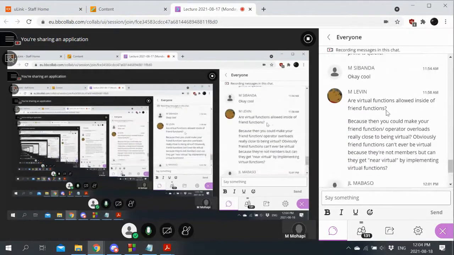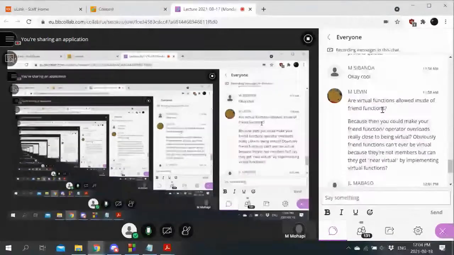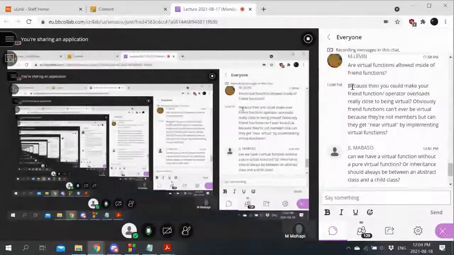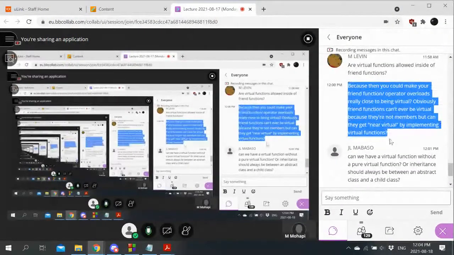Are virtual functions allowed inside friend functions? They don't have any meaning as far as I can think of, because virtual functions are related to being a class, and friend functions are non-member functions. I've never seen it done, but I'm not comfortable saying it's impossible until I look into it.